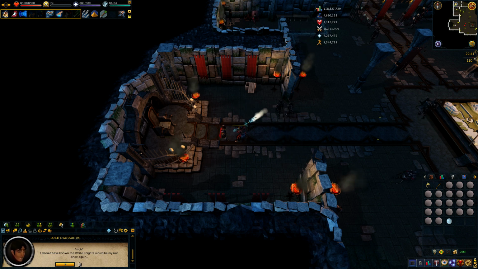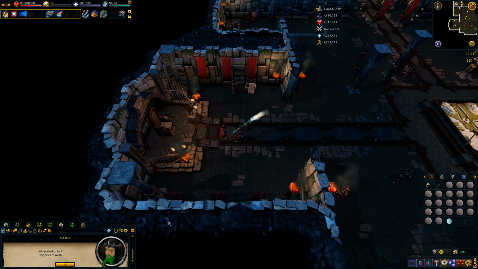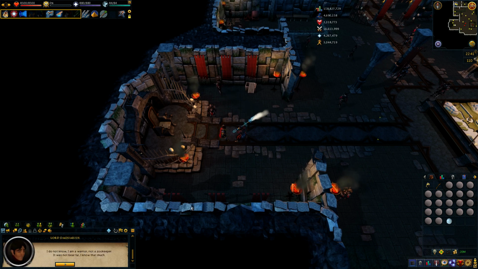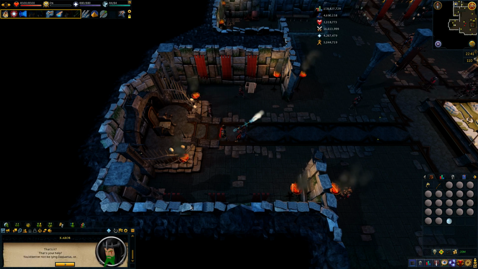I should have known the White Knights would be my ruin once again. I do not know his exact whereabouts, and when last we met, we did not leave on the best of terms. All I know is that he left behind some fur when he left. I would expect him to be in an area with furred creatures of some sort, so literally any area in the world, pretty much. What kind of fur? Dog, bear, wolf? I do not know. I am a warrior, not a zookeeper. It was not bear fur, I know that much. That's it? That's your help? You'd better not be lying, Dequarius, or...